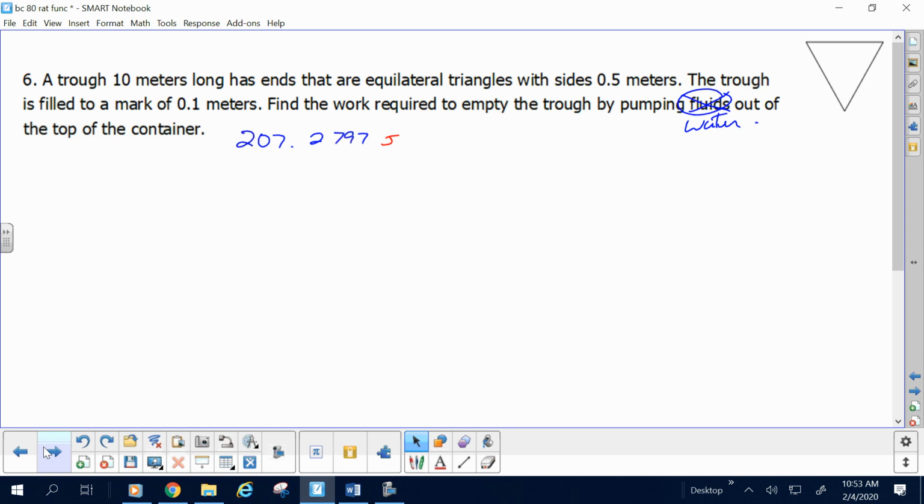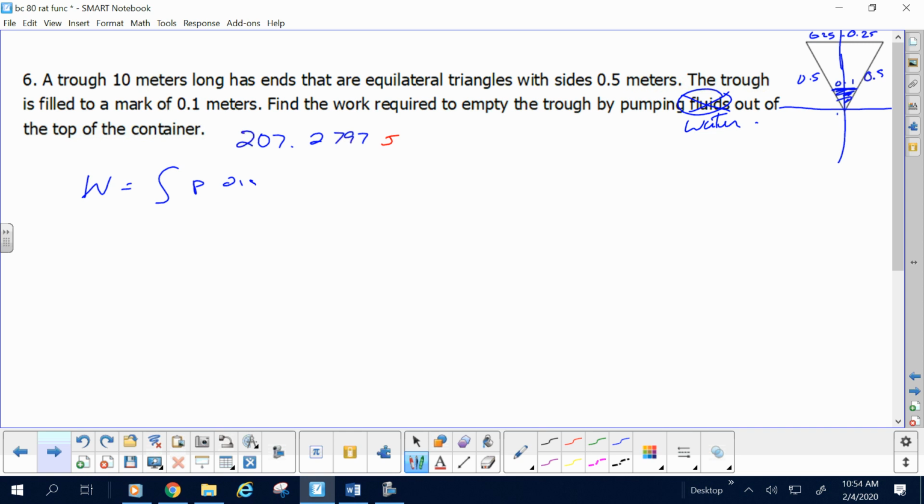So, here we go. Let's start 6. I did not say where you had to put the origin, but where did you put the origin? At the top or the bottom? Excellent. Okay. So this is 0.5, this is 0.5. That means this would be 0.25 and 0.25. At that point, I wasn't having too much of an issue. The height is at 0.1. That also is clean. Everything was going swimmingly other than the failure to give the fluid. Rho, distance, volume,